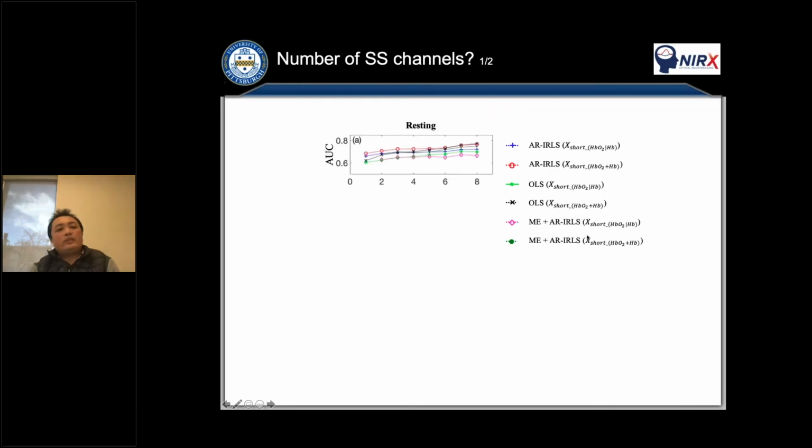So the next question: we know from the previous slide the short separation channel will improve the performance. The question is whether we need to use only one short separation, or we need to put short channels in every source position, because some groups also proposed that idea, that we need short separation in every source.